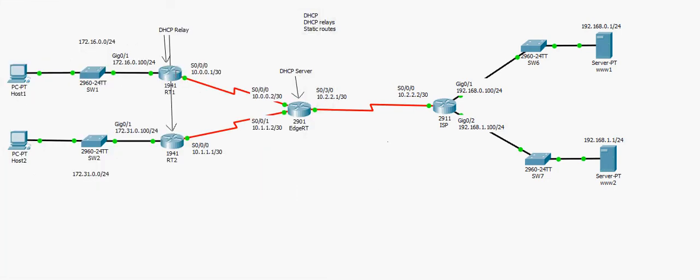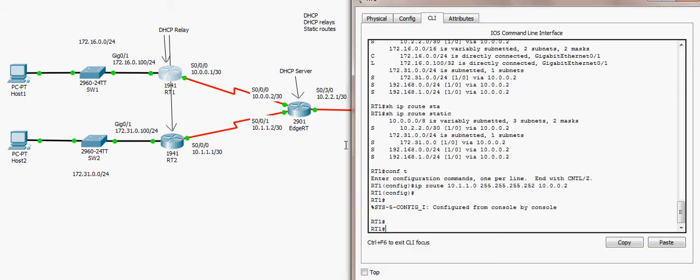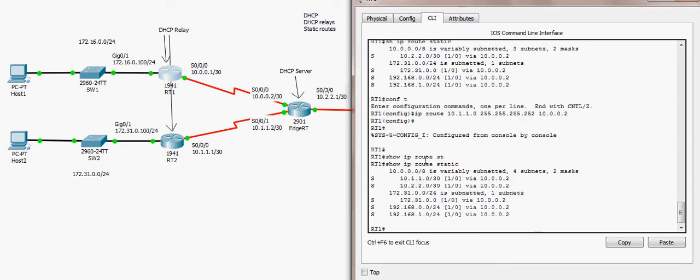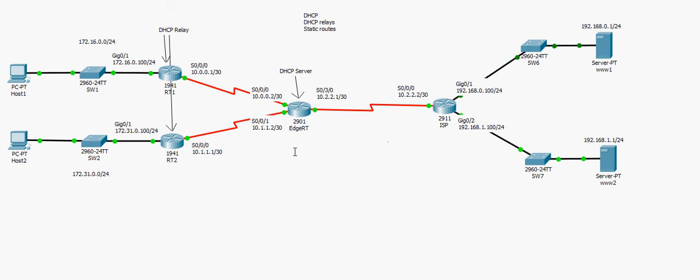And how many remote networks with respect to RT4? We have 1, 2, 3, 4, and 5. That's why you go to RT1 and you can see 5 static routes. Now,